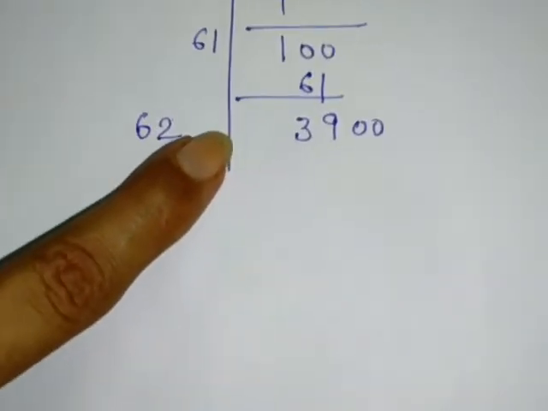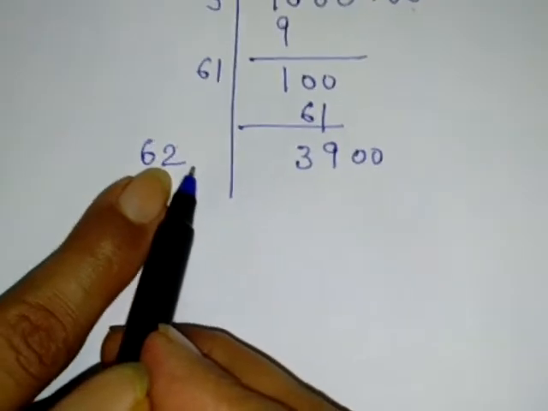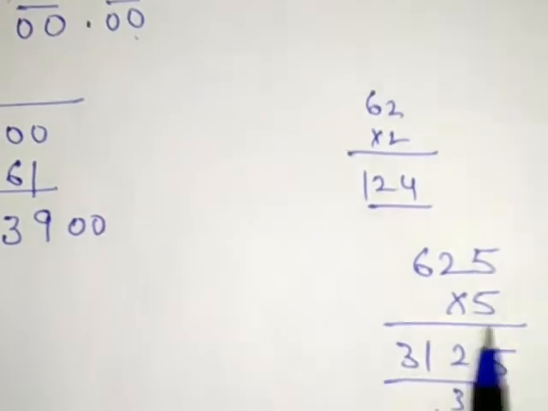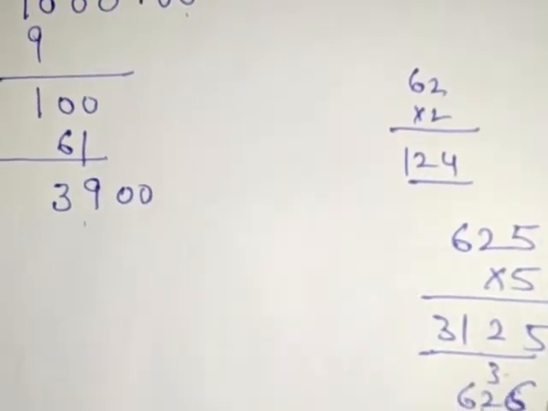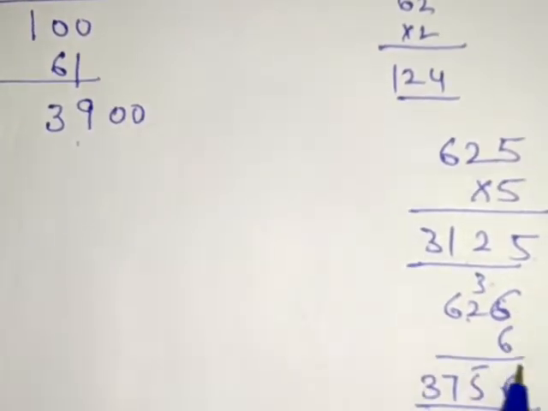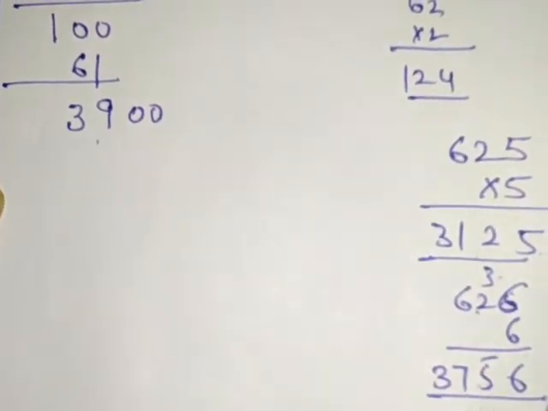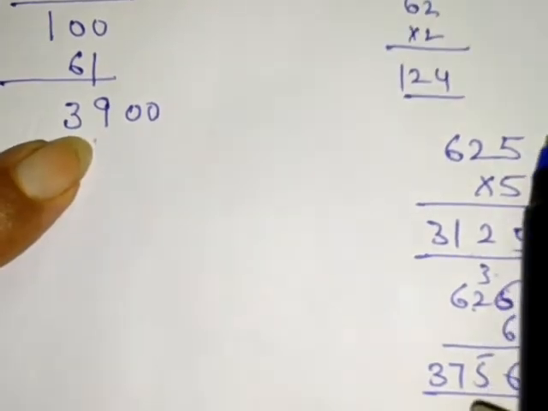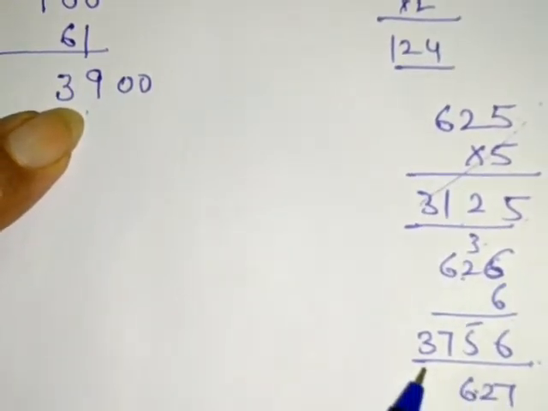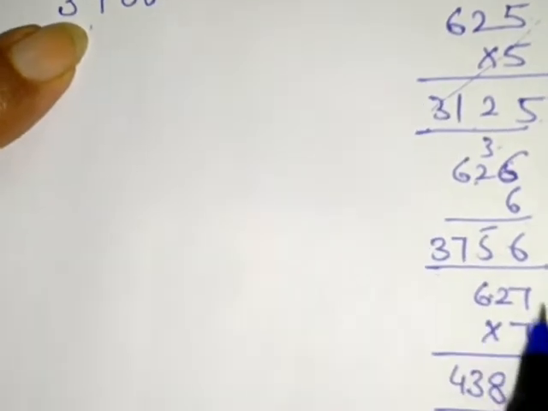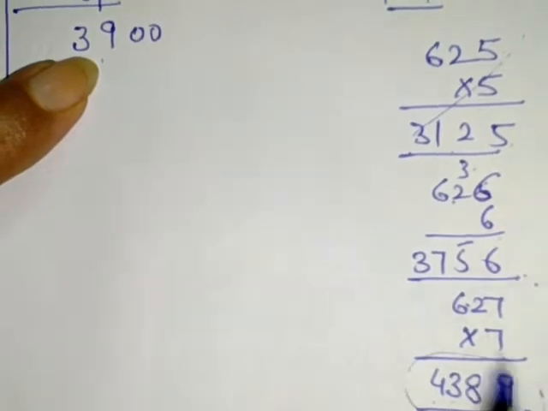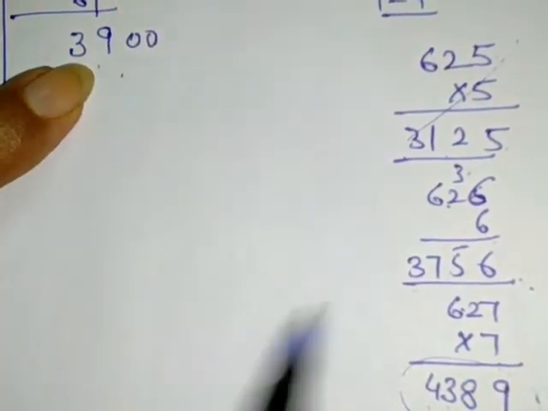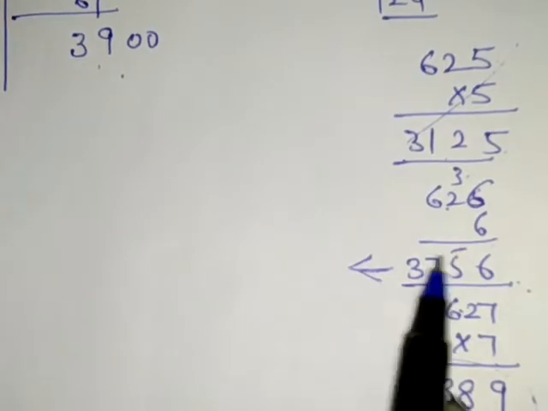So now what should be the digit over here? Now you have to check for this. 625 into 5 is 3125, smaller than this. So it could be the answer. Let's check for 6. 626 into 6, 3756. That's also less. तो ये तो वैसे ही wrong हो गया, ये more appropriate हो गया. Let's check for one more. 627 into 7, it's coming out to be 4389. अब ये वाला नंबर इससे बड़ा हो गया, so not suitable.